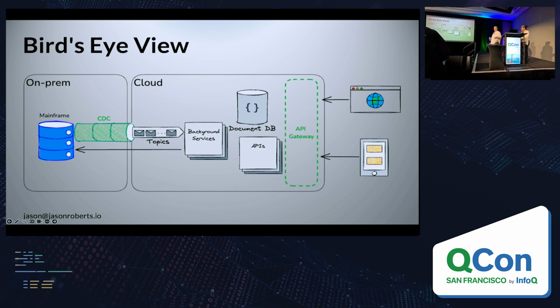The technology here I want to point out is not necessarily important. It's the strategies and the patterns that we use. You could replace Azure with AWS. You could replace Kafka. Well, maybe not Kafka, but many things you can replace. Anyways, those topics flow into a set of background services, and those background services populate a document database, and all this is in the cloud. That document database then turns around and is hooked up to a series of APIs that can expose those domain objects through an API gateway and serve the applications like web or mobile or a chatbot.